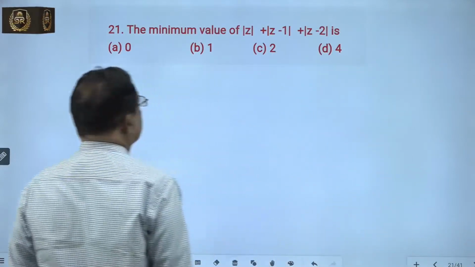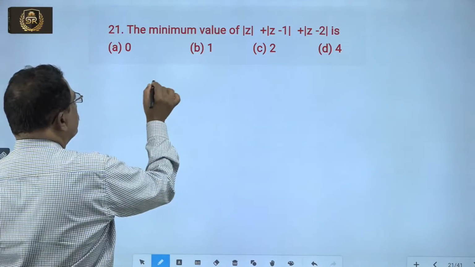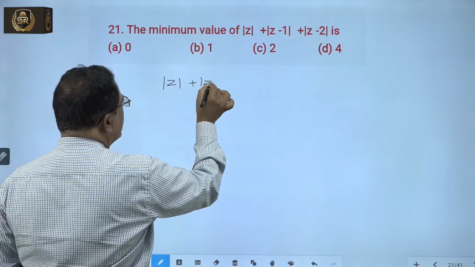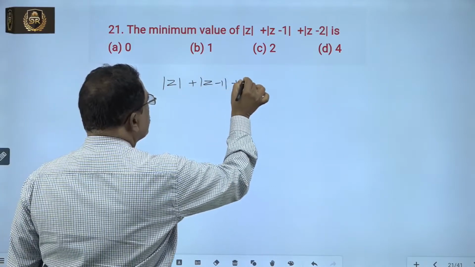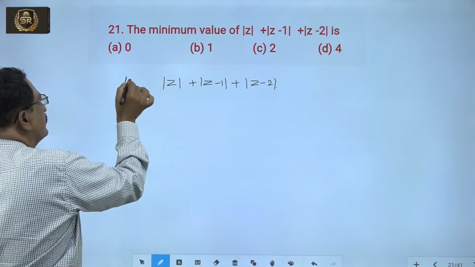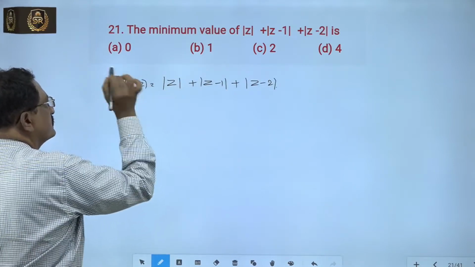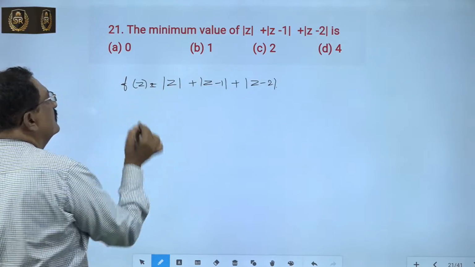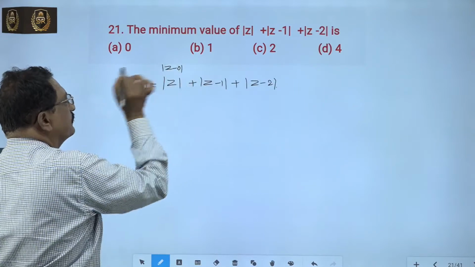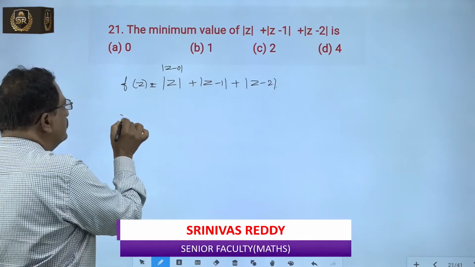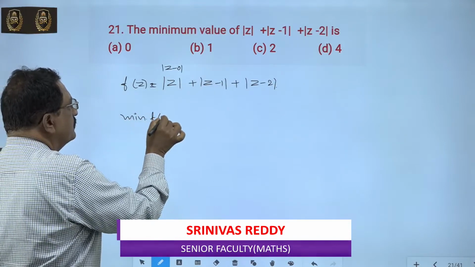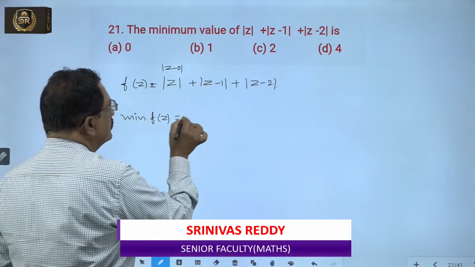Next, 21st problem. The minimum value of |z| + |z − 1| + |z − 2|. Now consider it as f(z). f(z) equals |z| + |z − 1| + |z − 2|. Here |z| can also be written as |z − 0|. Therefore the minimum value of f(z) equals the minimum of